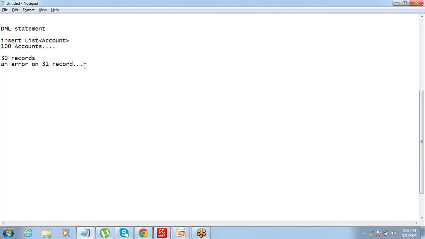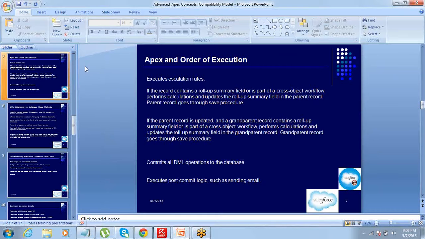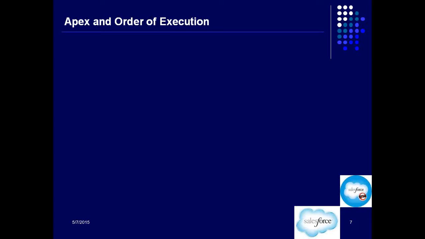Sometimes it may happen that you just want that, okay, if one record has an error, there is no point rolling back the entire DML statement. Rather, let me skip the ones which have error and at least commit the ones which are okay. Okay, so for that we have a class called the database class.